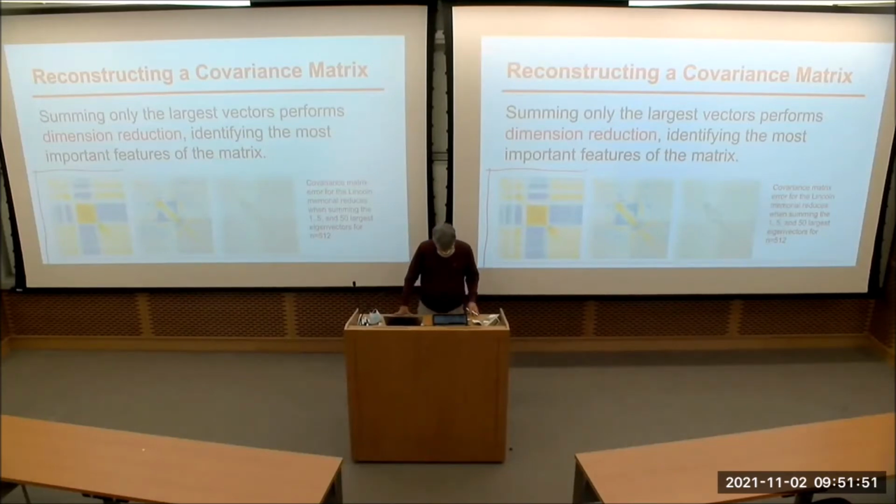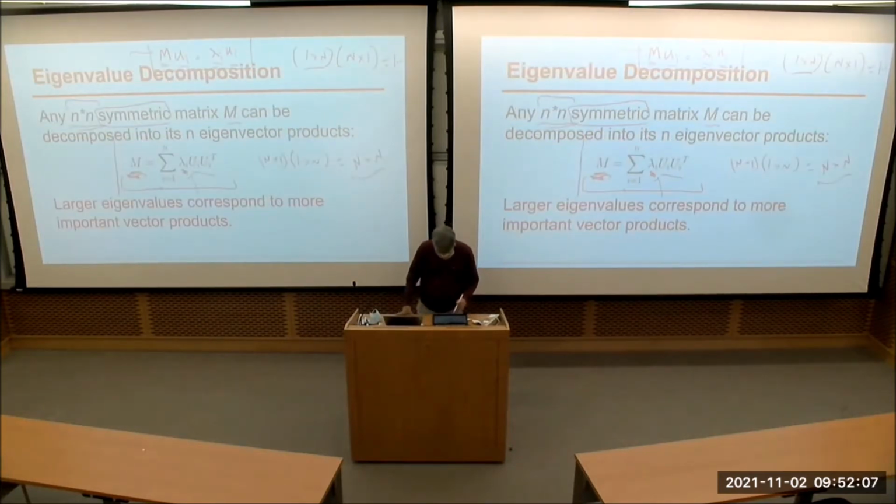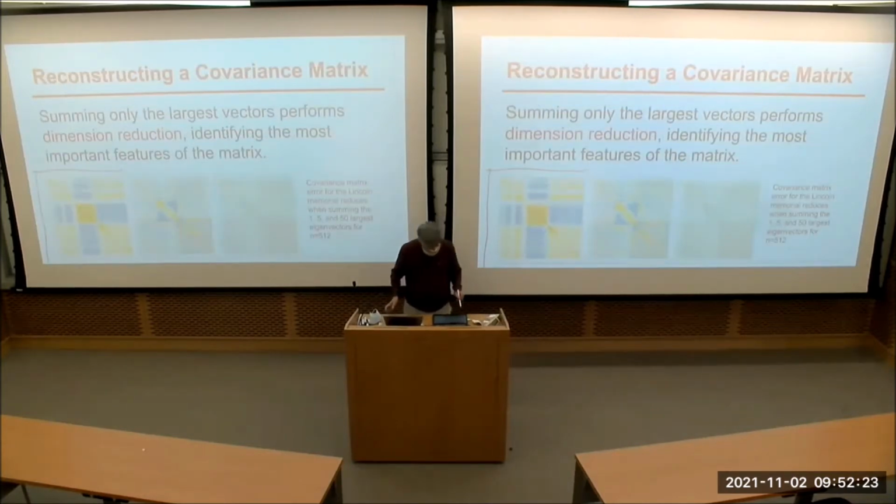What you could do is do one of these eigenvector decompositions, sort all the vectors based on their eigenvalue from biggest to smallest, and as we add more and more of these vector products in, we're going to get a closer and closer approximation to M. This is showing the covariance matrix of the Lincoln Memorial, which we talked about before, and the error: the difference between the original covariance matrix and what we get after summing up the outer products of the first 5 and the first 50 eigenvectors